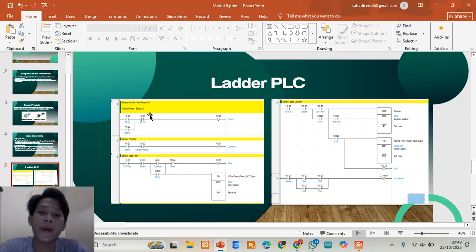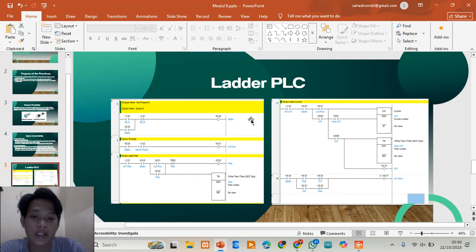When the PB ON button is pressed, the PLC turns on the internal relay W coil W000, labeled system.